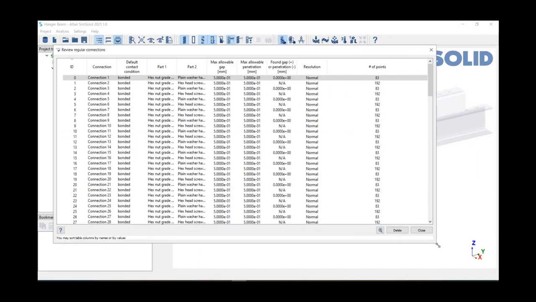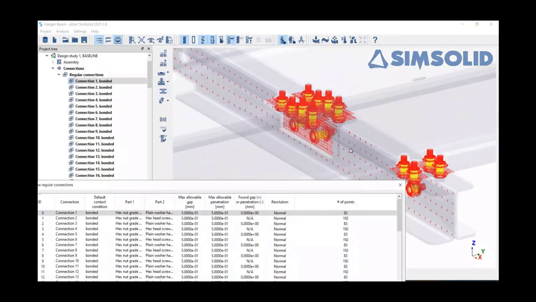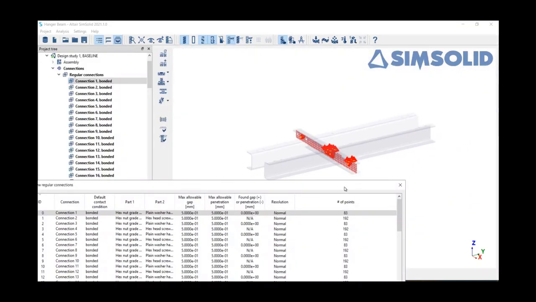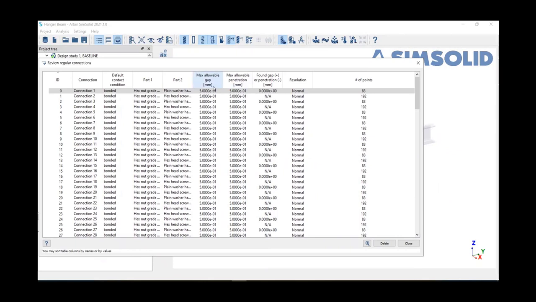I can see in here the contact resolution. Sometimes we may need to increase the contact resolution. We typically recommend at least two rows of these connection points for each connection. And we can also see how these were made. So what the allowable gap and penetration tolerance was, which parts are being connected, as well as if they are bonded or sliding. But what I'm actually going to focus our attention on right now is the number of points